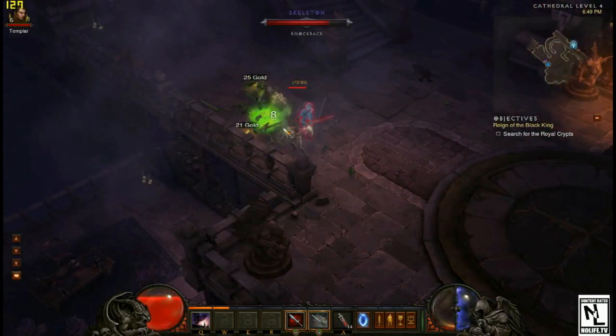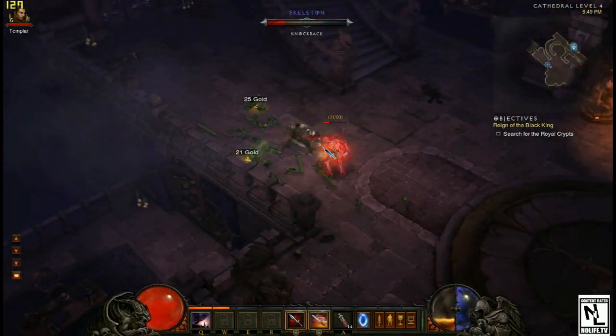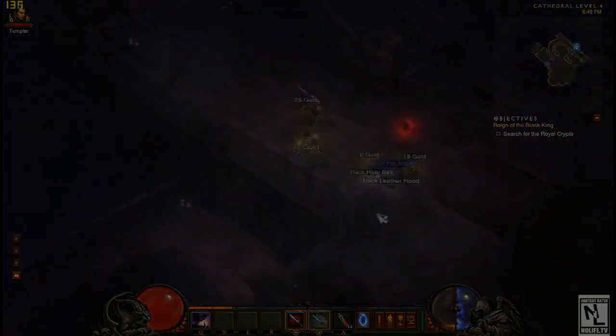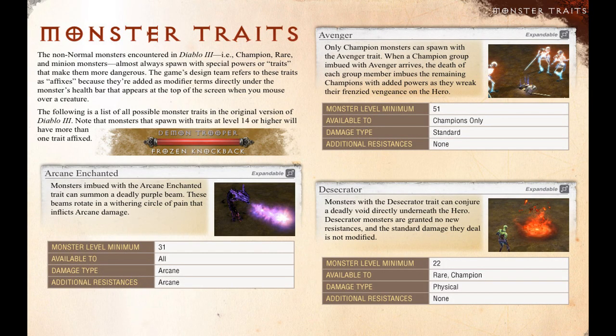Some are a little bit less clear, like desecrator. If it has that affix, you can't really tell what that is right away unless you know what that is. Well, that, for example, drops a little void zone under you. So as you can tell, there are a whole bunch of different properties mobs can have, and some affixes aren't